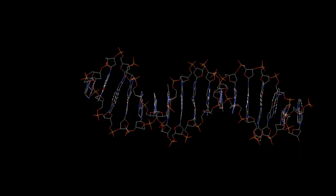So here's our double helix structure again. So remember that the backbone made of the phosphate groups, which you can see because they stick out as orange there, and these 5-membered sugar rings there and there and there, for example, winds around the outside of the double helix. But the bases actually form the core of the helix, and you can see them because you can see all the blue coming from the many nitrogens in the bases, and they're right the way through the middle